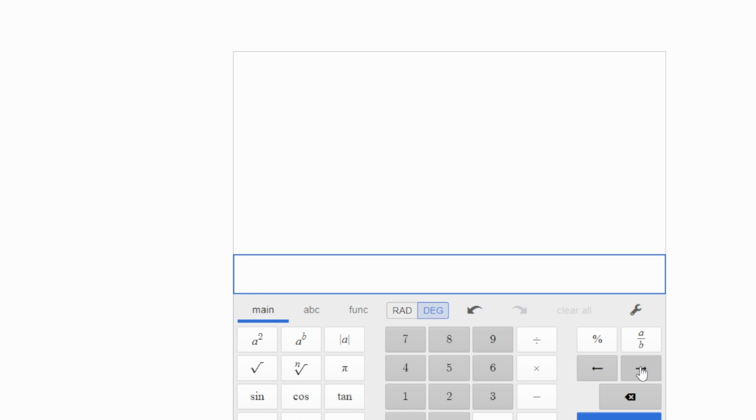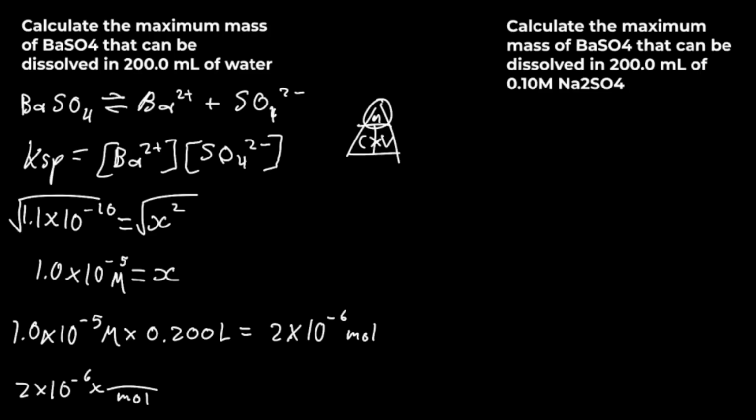So barium is 137.3, plus the sulfur is 32.1, plus 4 oxygen. It's going to give us 233.4. So 233.4 grams, and that will give us